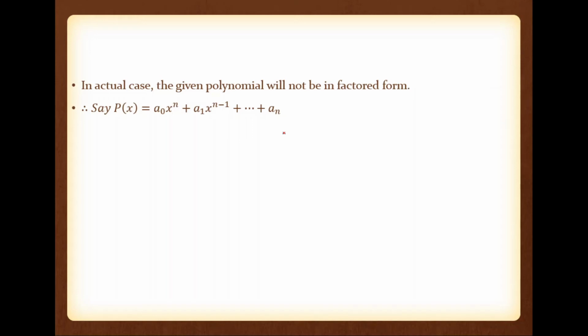Plus an. So this one is the actual polynomial. So we are continuing our procedure. Find p of minus x by replacing x with minus x. Then find p1 of x, that is equal to p of x into p of minus x, where x square is replaced with x. Okay.